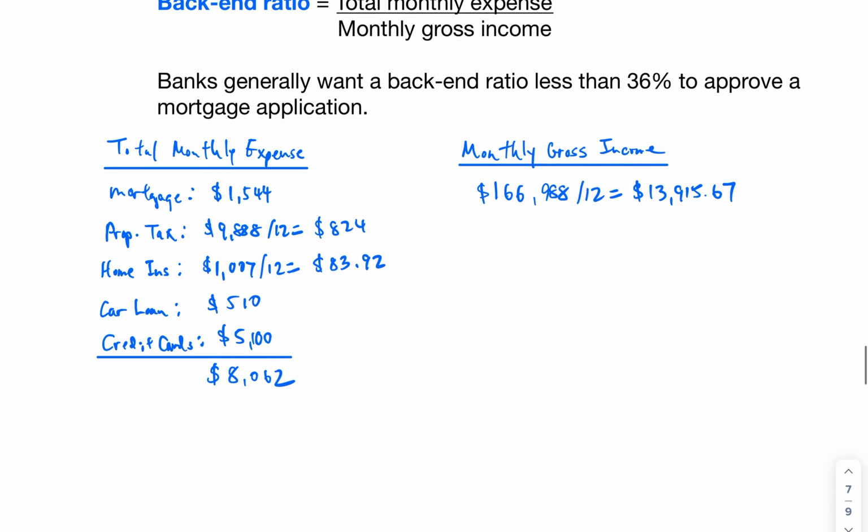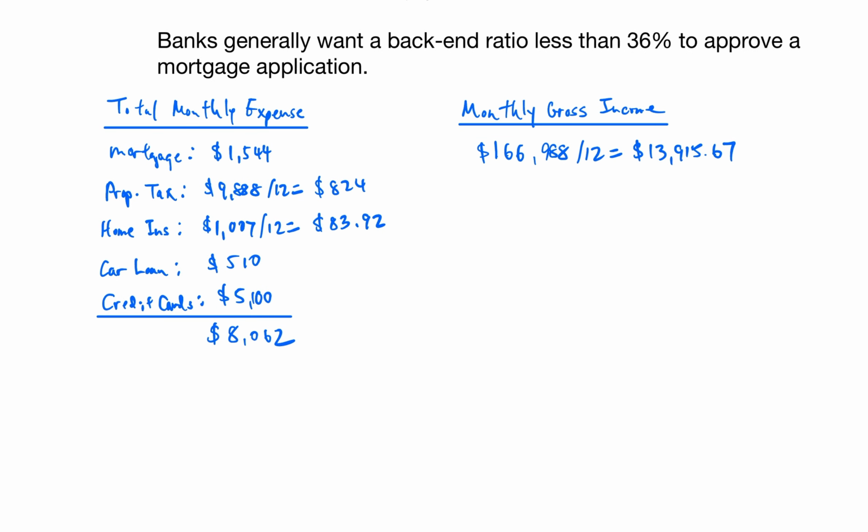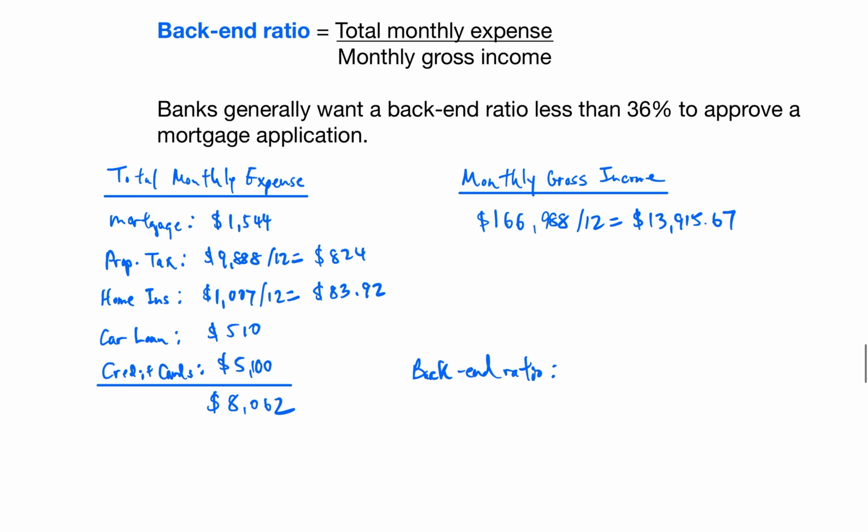So we're going to round out to the nearest dollar. So our back end ratio is going to be 8,062 divided by 13,916. And plugging that into the calculator, we see that it works out to 0.579